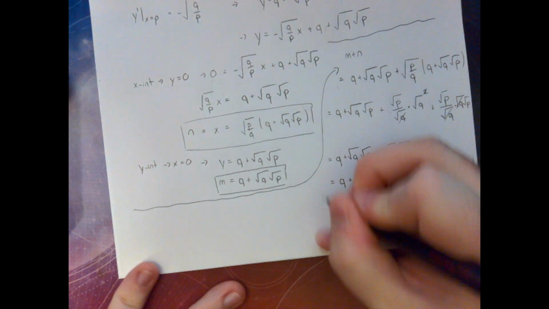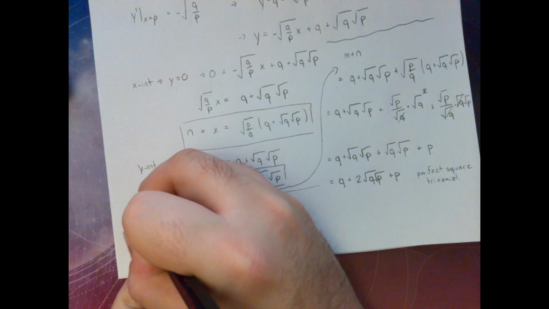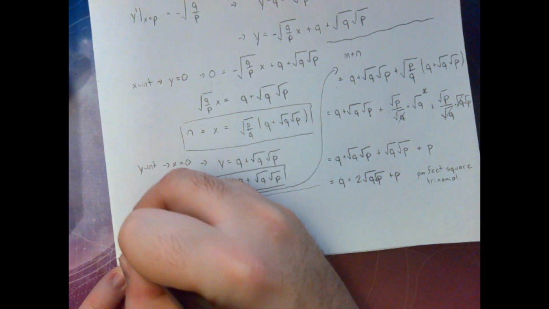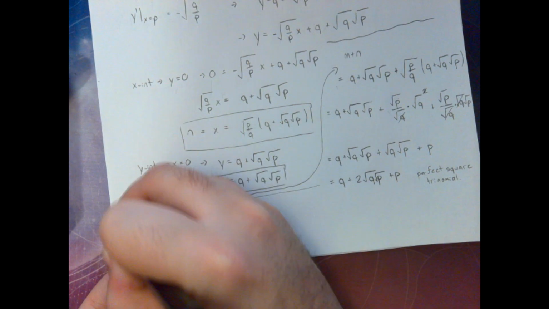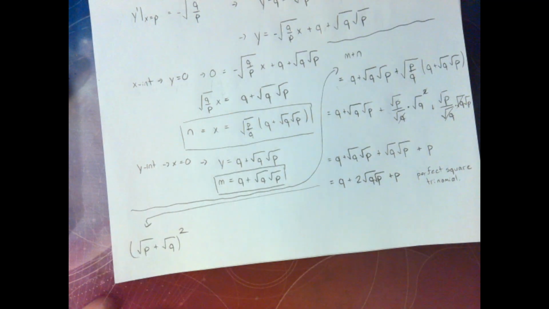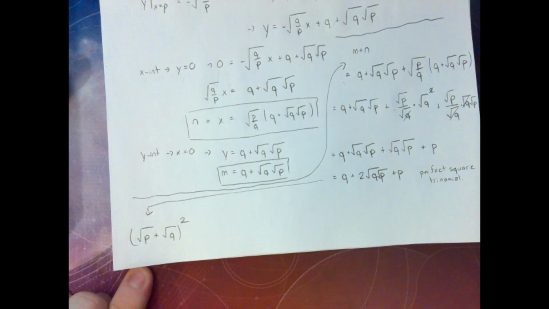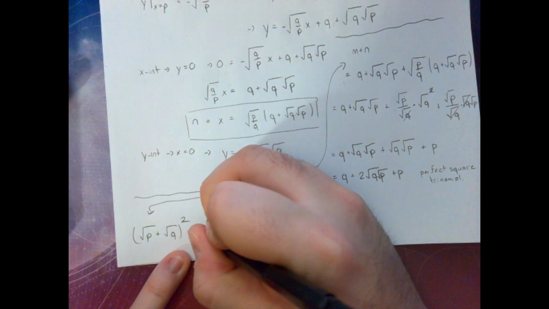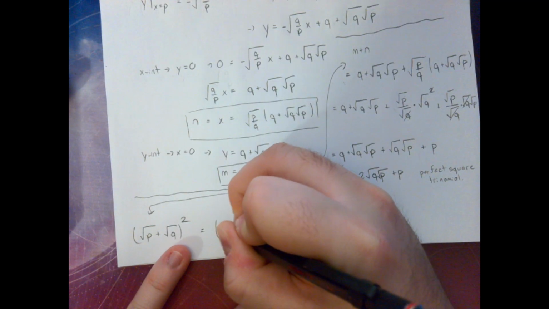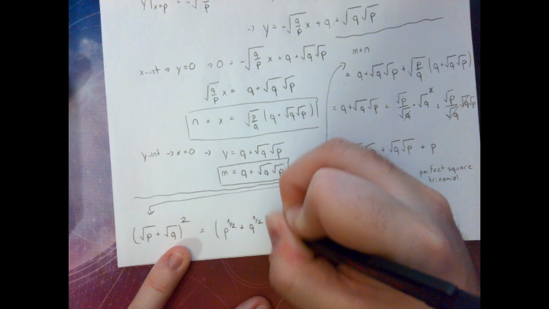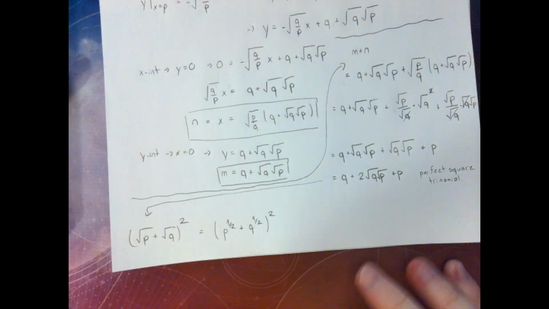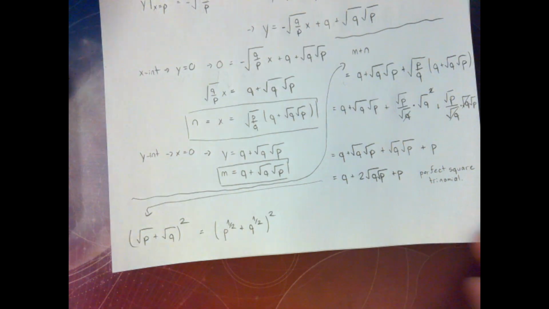of p. So what this simplifies to become is, and I'm going to move over here now because I'm going to need a little bit of extra room, root p plus root q squared. And what's another way I can write the square root of something as an exponent? I can write it as p to the power of 1 over 2 plus q to the power of 1 over 2 squared. And if we go all the way back, like all the way very back, remember that our p and q